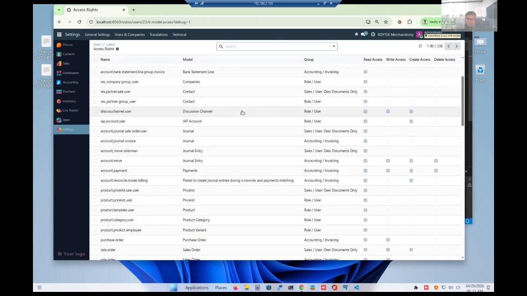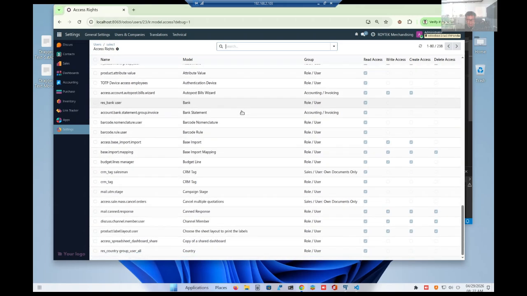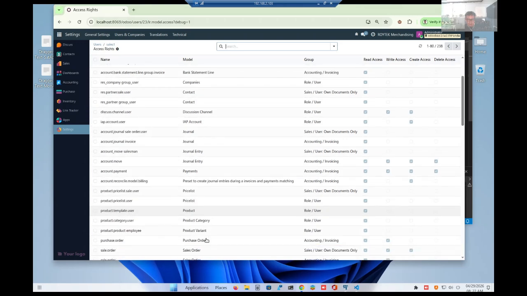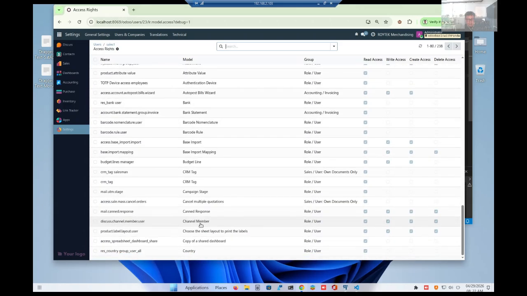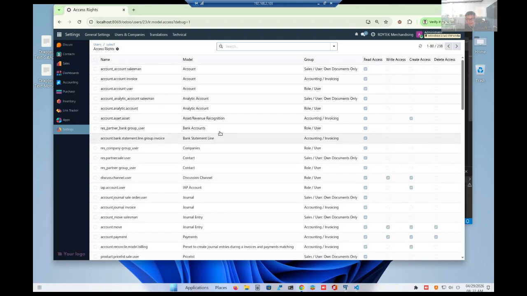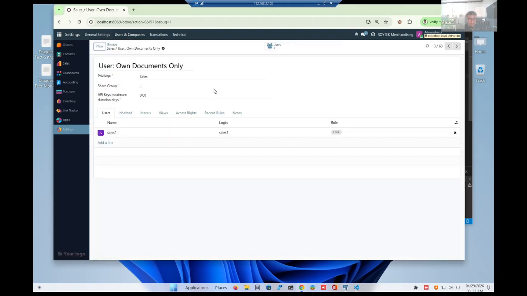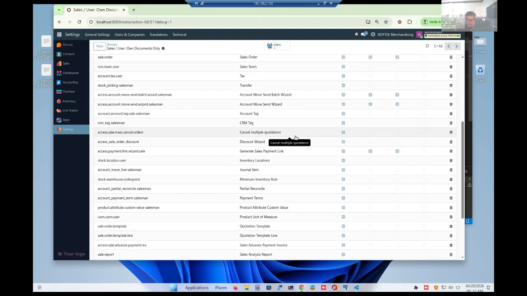Let's look for advance payment. There's payments, but there's no advance payments. So therefore, we'll have to look at the group of sales own documents. Look at the access rights and look for advance payments.